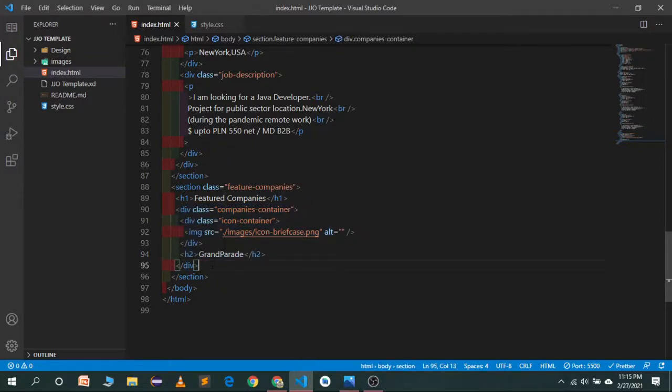So what we have to do, I think so, companies container. So copy the whole of this div, it will be an icons container. So we have one div and the other one will be a companies container. And what we will do, I think so